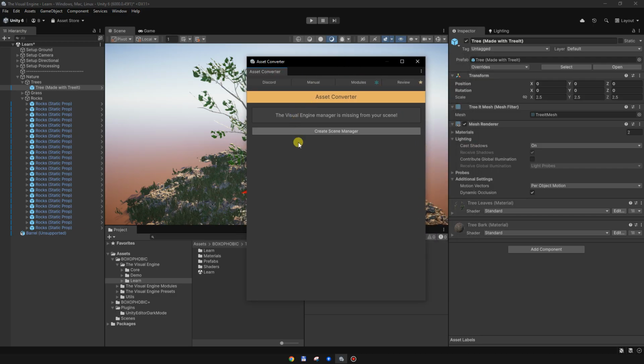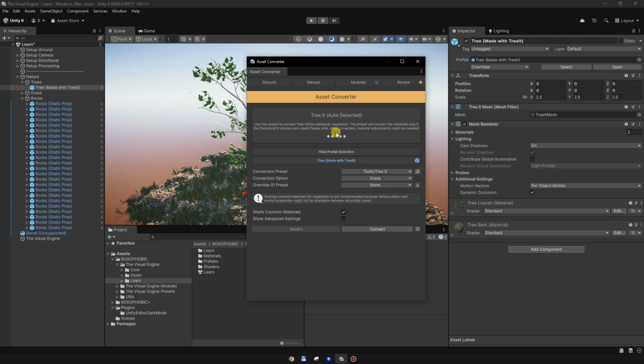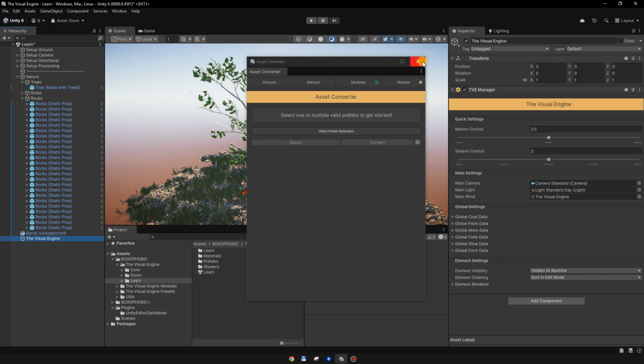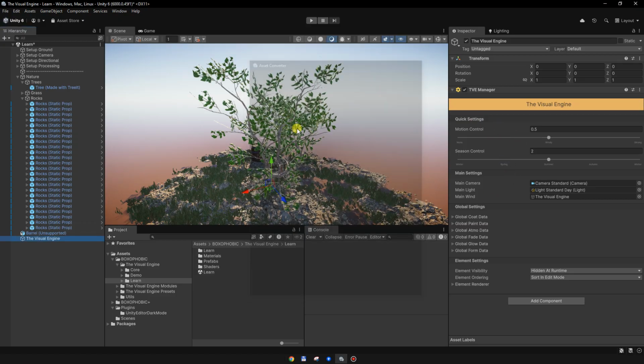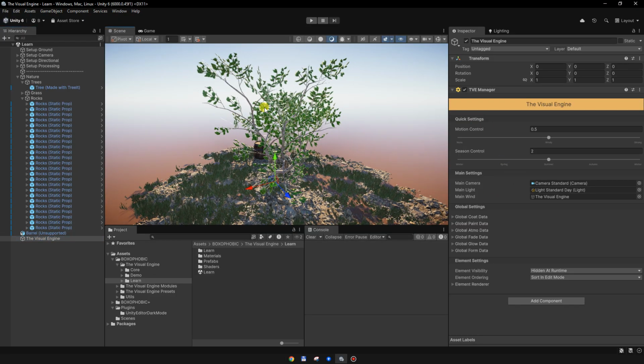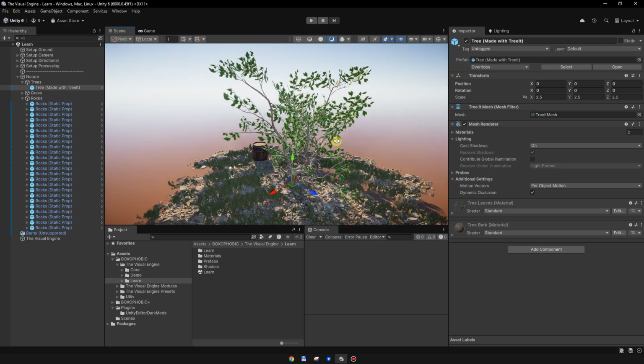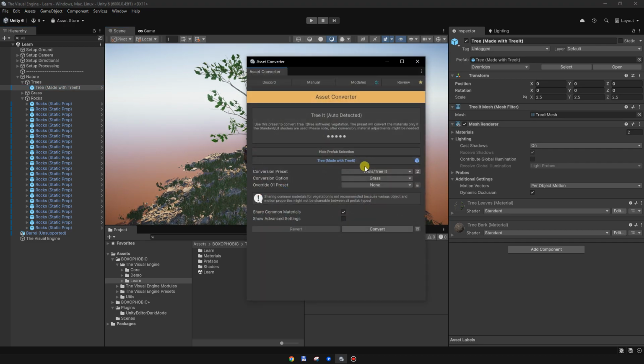Okay, and once this asset is converted, the converter is saying that the Visual Engine Manager is missing from your scene. So simply click the button to create a manager, and it will create this manager. This manager is responsible for sending a bunch of global data to the shaders. All right, so once this is set, we can save the scene, and let's select the tree, and with the asset converter,